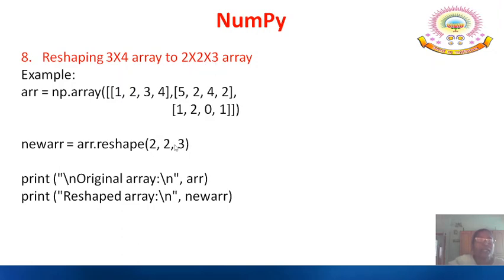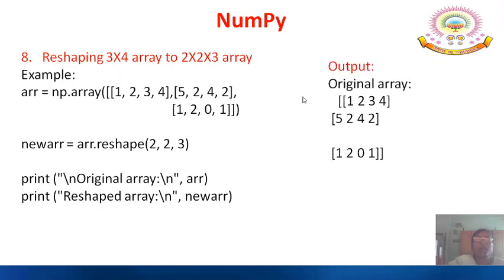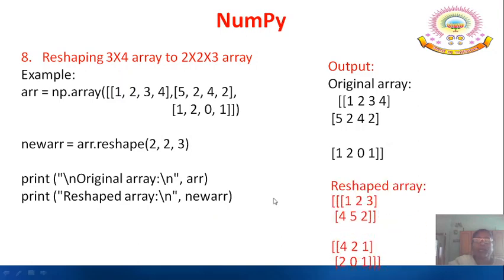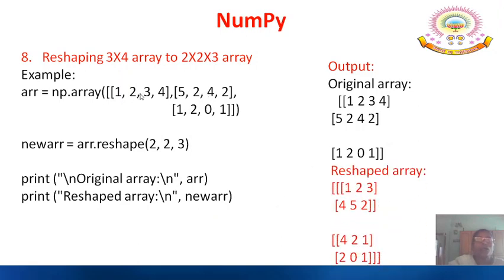This data will be stored into a new array, and we are printing the original array, which is 1 2 3 4 5 2 4 2 1 2 0 1, and then we are printing what is converted into a 2 by 2 by 3 array in a new array. It will be converted as 1 2 3, which is three columns, 4 5 2 the second one, next 4 2 1, and then 2 0 1. So this is created as 2 by 2 by 3.